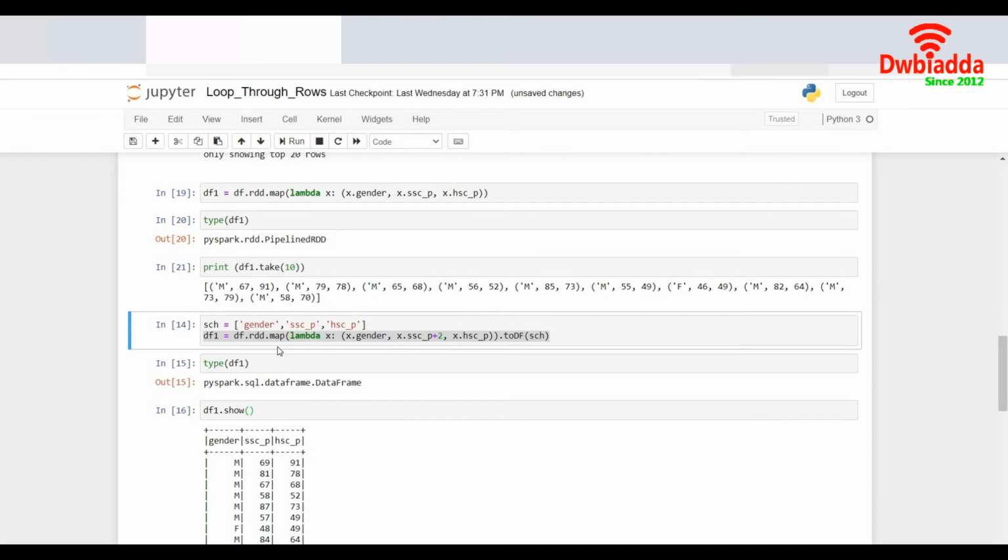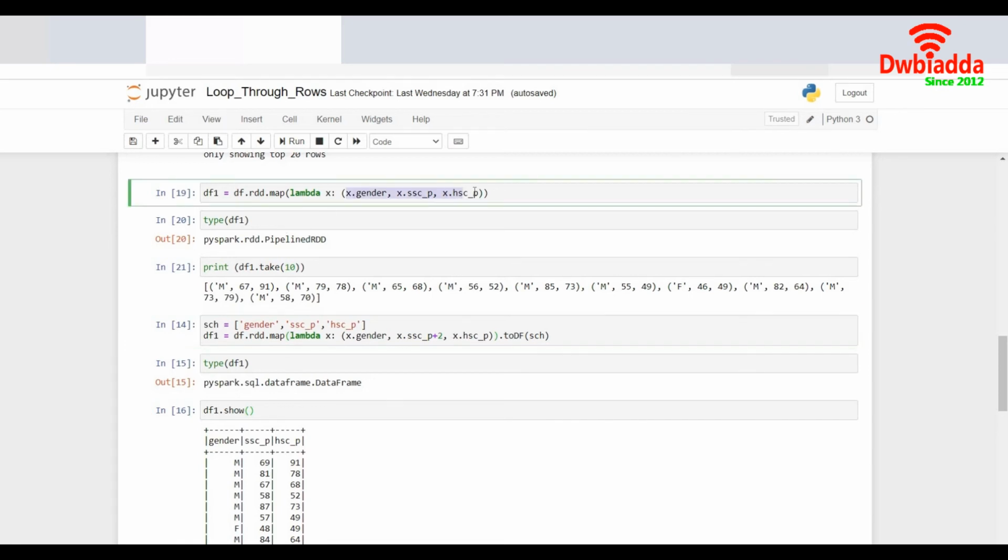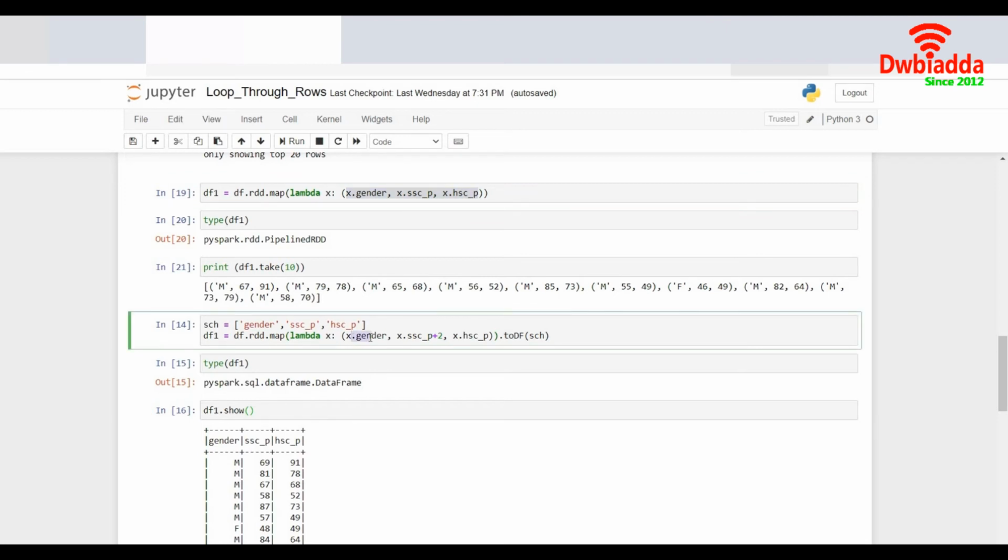So let's try to perform some mathematical operations using the lambda function and the RDD map function. Okay. I'll do a similar type of operation over here. Instead of just simply printing the respective columns of each row, I would like to perform some mathematical calculation. For example, I would like to just add 2 to the SSC percentage.